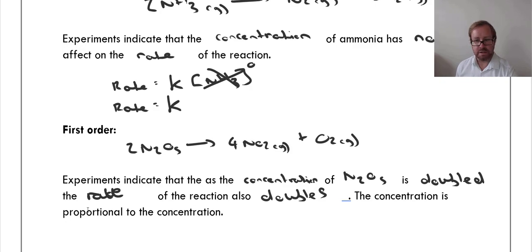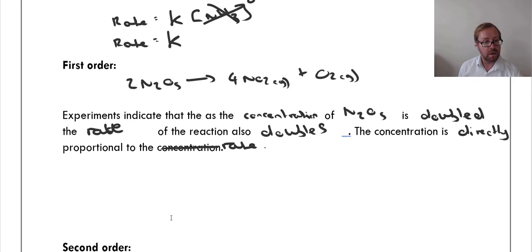So we can say that the rate is directly proportional to the concentration. Excuse me. Or the rate is directly proportional to the concentration, which means, as we said previously,